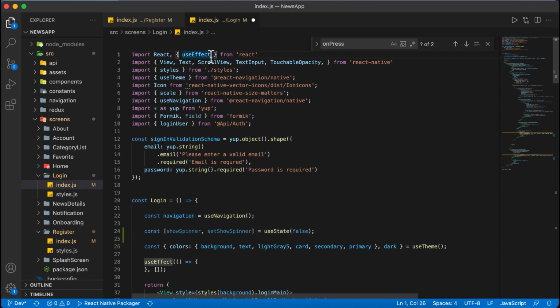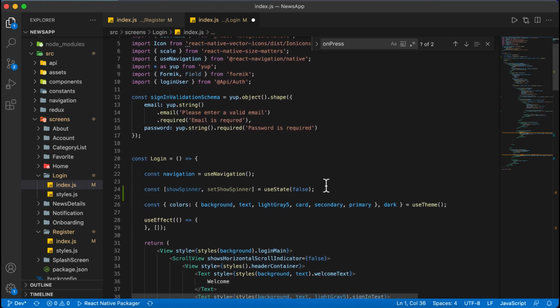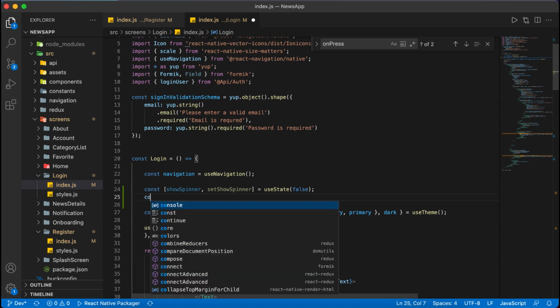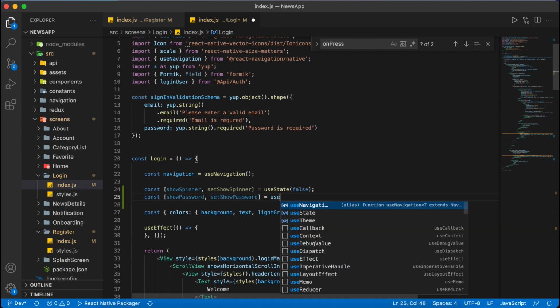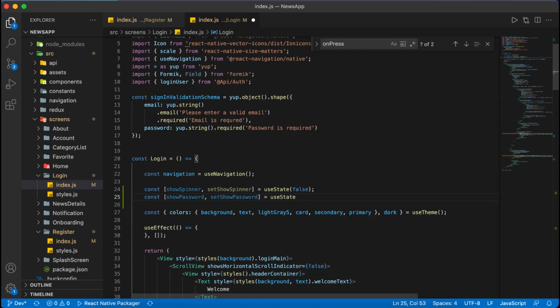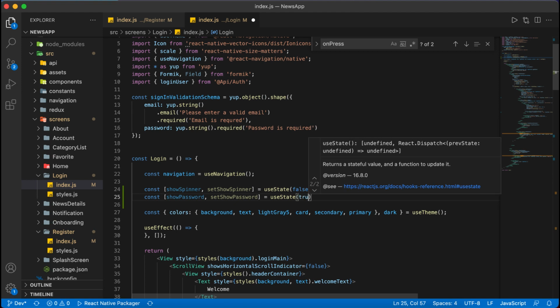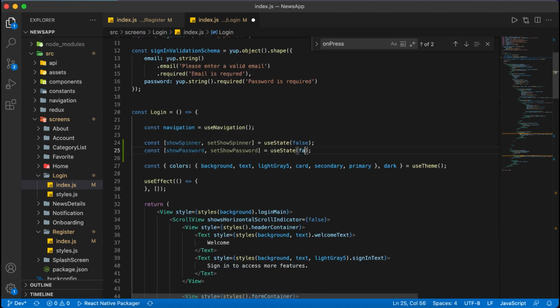I will import useState here, and I will also create one more state, showPassword. The method will be setShowPassword, using useState, and the first time let it be false, because we are not going to show the password. If it is true, we will display the password.